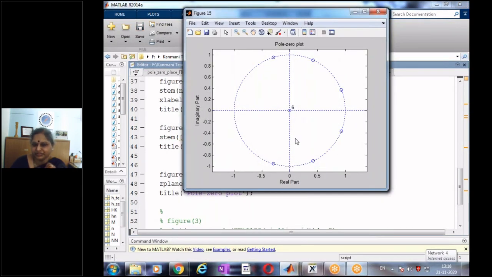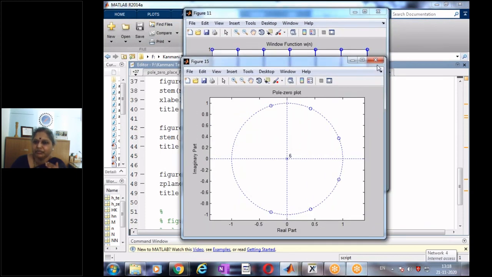So this is my high pass filter. Let us look at the pole zero plot. Now it's a high pass filter, and I have all my zeros on the right side, and this is my cutoff 0.75 pi. If I look here, this is my pass band. Here I have the pass band, and these are the zeros of the high pass filter. The observation of the pole zero plot.